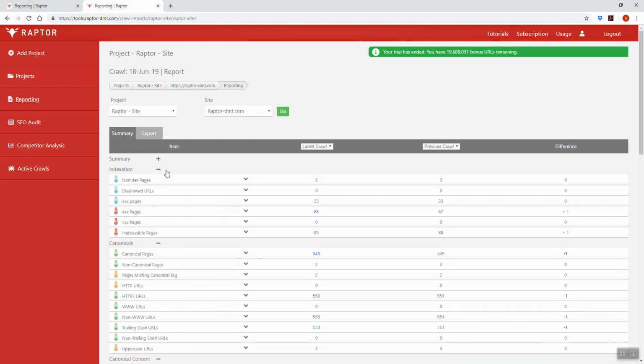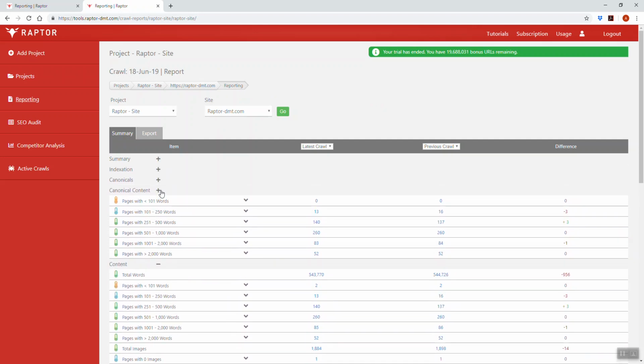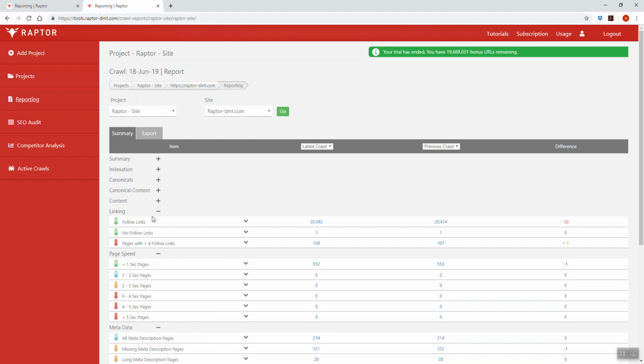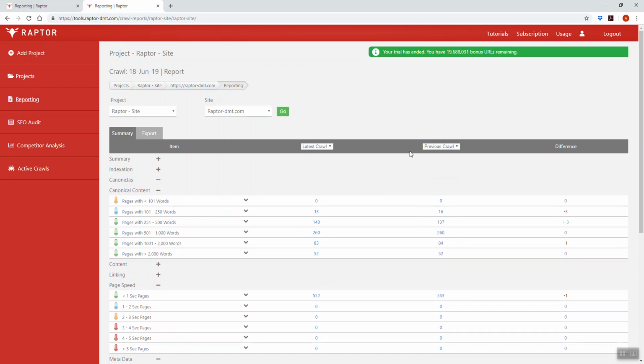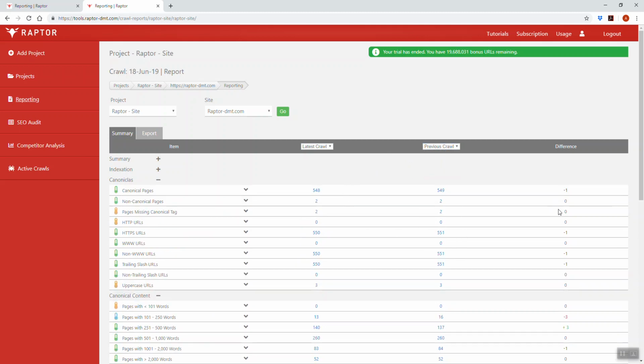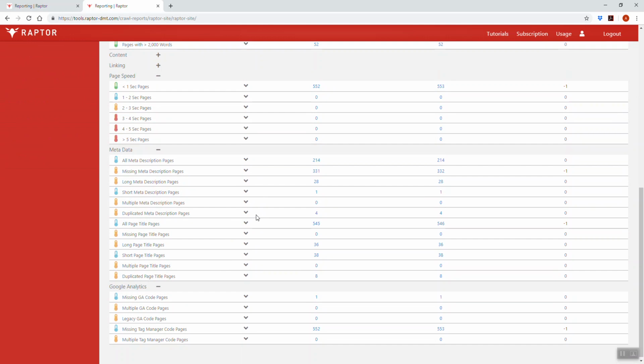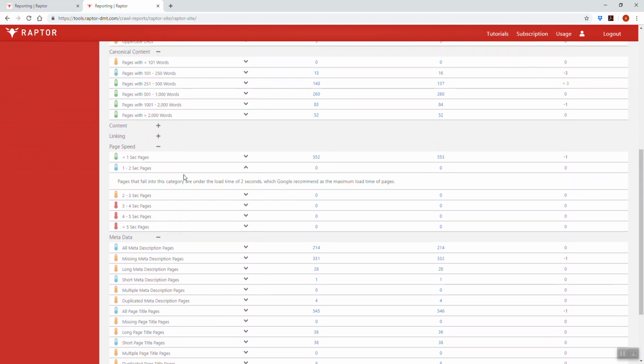However, if we go back and have a look at the particular page speed section, what you'll see is this is split up into different categories. You can also select the latest crawl that's been done or a previous crawl that's been done and compare those numbers and see the difference between them here. This typically shows the number of pages that differ between the two categories. And we also show within the PageSpeed Spec section some information about what that means. So pages that fall into this category load under 2 seconds, and Google recommend that this is the maximum